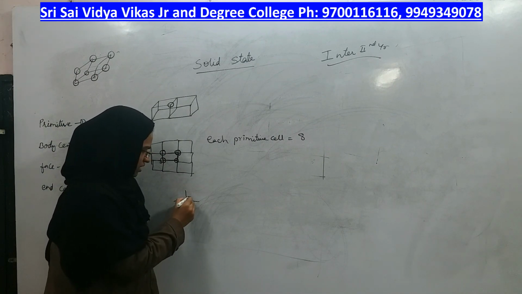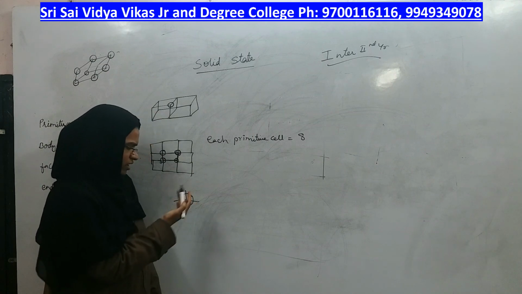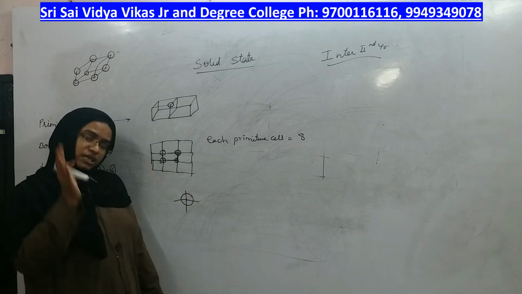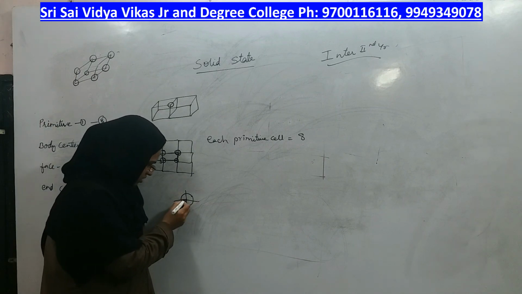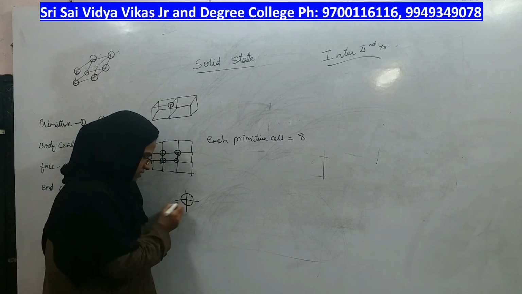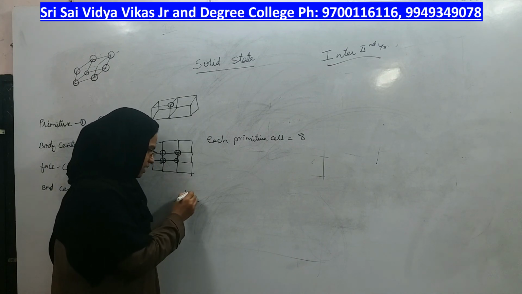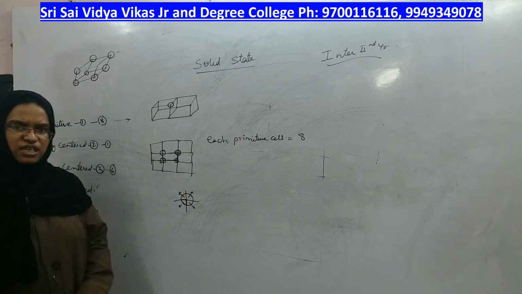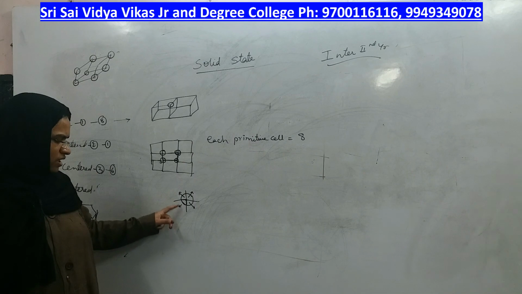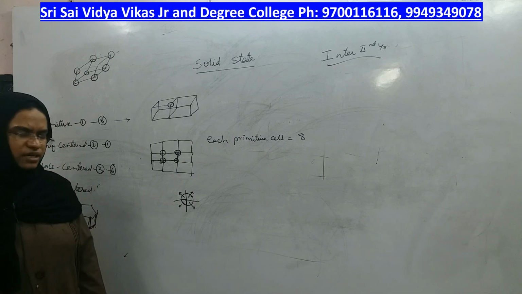This is one corner, right? From the front side you are looking, that means at the back side also the same possibility is there. If this is the corner, this part only comes under this unit cell, this part comes under this unit cell, this part goes to that unit cell. You cannot say that one atom is totally coming in one unit cell, right?